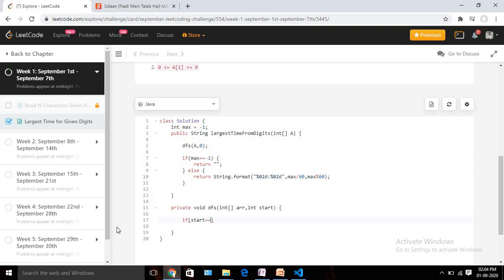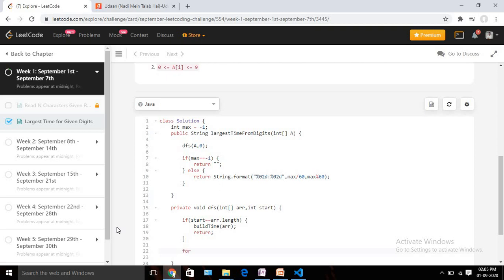So if start equals arr.length, then we can build our time. We can name it buildTime and pass our array to it, and we stop executing our function and then backtrack. Okay, so this will be our initial logic for when all the 4 digits are set. Else we need to iterate through the array and set one number at a time.